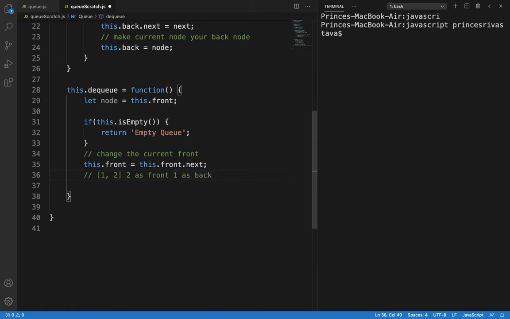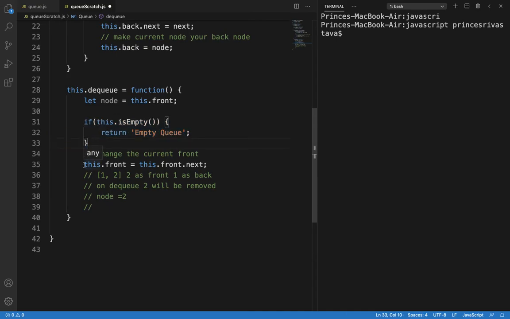On dequeue, 2 will be removed. Now what we'll do is, we have taken out 2 in this node. So node will be equal to 2, and then if it is empty, it is not empty.